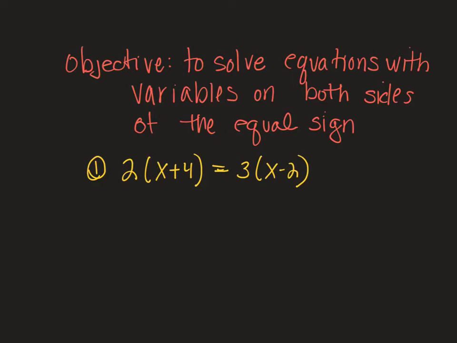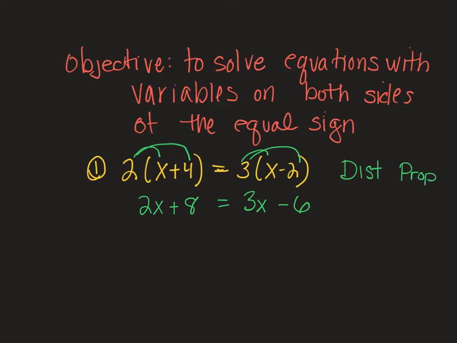So if we look at this first problem here, I see that this 2 needs to be distributed first, creating 2x plus 8. Remember, distributive property is just another form of multiplication. And on this side, I need to distribute, and that's going to give me 3x minus 6. And now that I've gone through first and done that distributive property, what I now have is an equation with